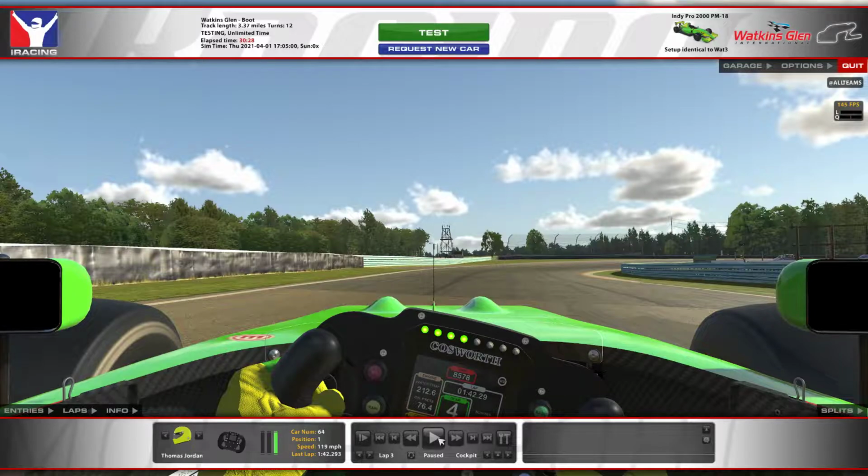So you're moving out to this middle section of the track. You basically can never enter from the full left here just because it takes too long to get the car over to the left and flat and then turn it back in. But it's very important in this section of the track to make sure that you get the front right up onto